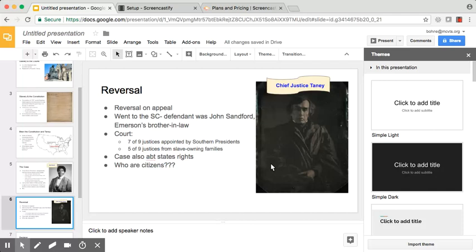Look at the court, and this is important. 7 of the 9 justices were appointed by Southern presidents. Think of that theory again. And 5 came from slave-owning families. And now the issue becomes, who is a citizen? Okay, in the Constitution, it might not say citizen, but it says, the people of the United States. According to Taney,